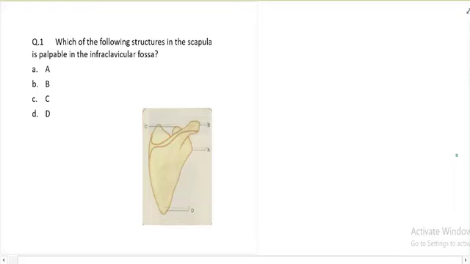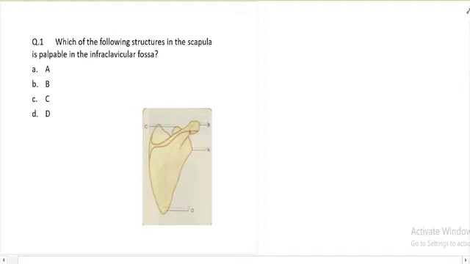So let us take the first question. Which of the following structures in the scapula is palpable in the infraclavicular fossa? This picture is given where A shows the infraglenoid tubercle, B is the acromion process, C is the coracoid process, and D is inferior angle of scapula. And the question is asking about the infraclavicular fossa, that is below the clavicle, and which part is palpable among